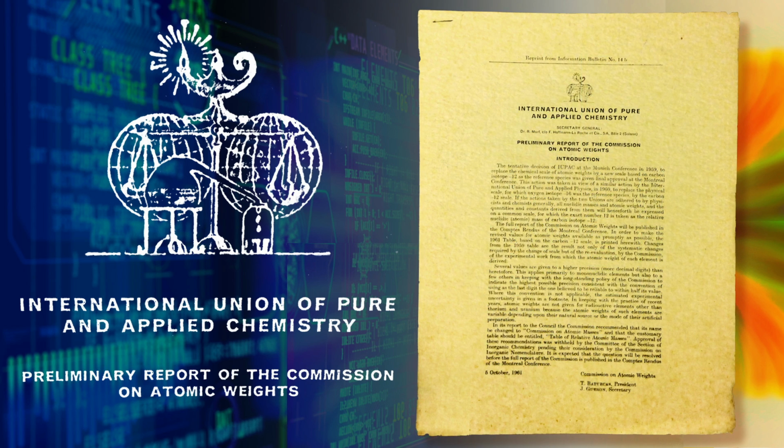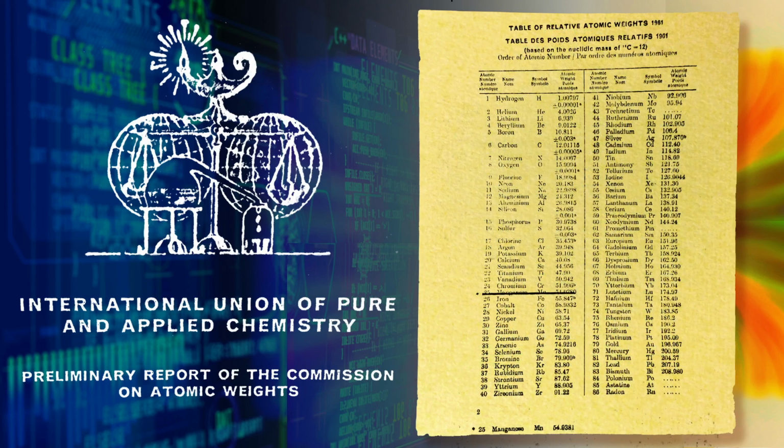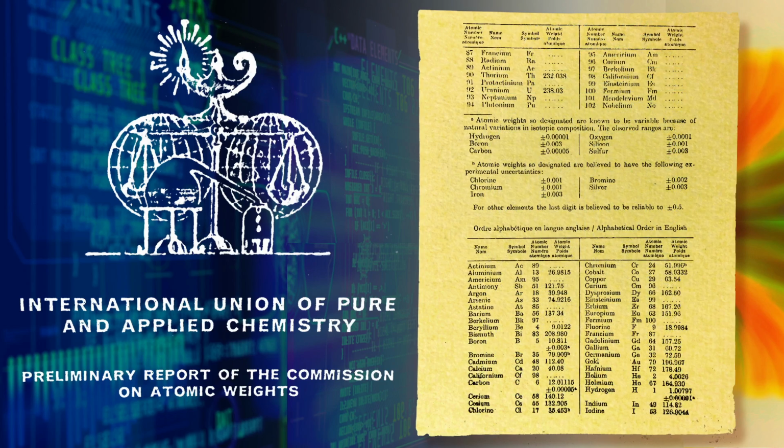The full report of the Commission on Atomic Weights will be published in the Comptes Rendus of the Montreal Conference. In order to make the revised values for atomic weights available as promptly as possible, the 1961 table, based on the carbon-12 scale, is printed herewith. Changes from the 1959 table are the result not only of the systematic changes required by the change of scale,